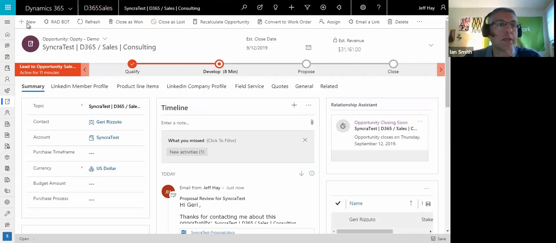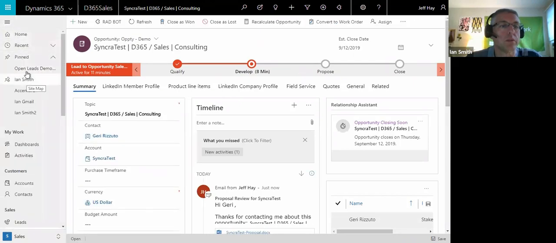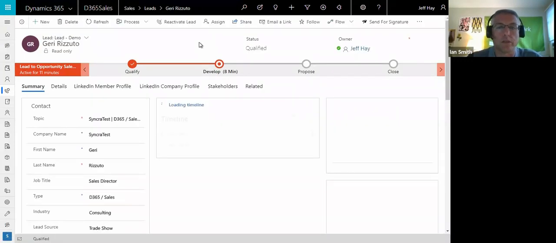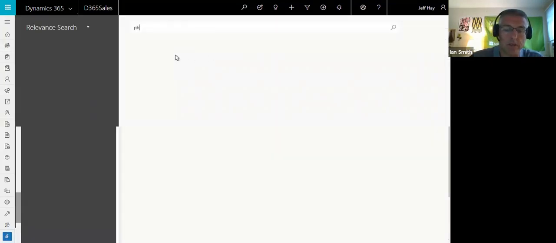I'm going to go back out to just look at a couple quick things. I'm going to show you the relevance search. So first, I'm on a record here, so usually I would go back out, close this record. This is the back button. All right, so it takes me back out to the dashboard, which is almost like my default home screen. So there's a couple nice things up here. One is the relevance search. So if I type in something like,